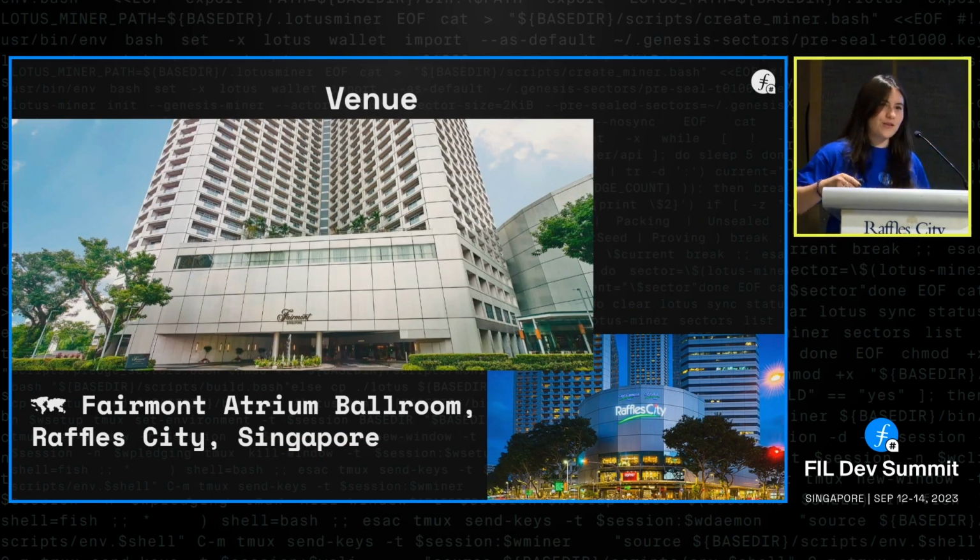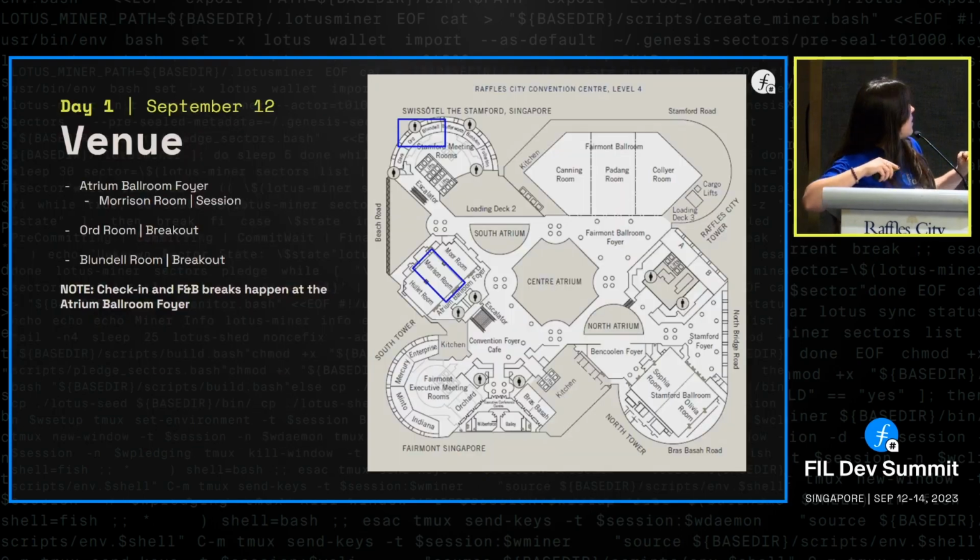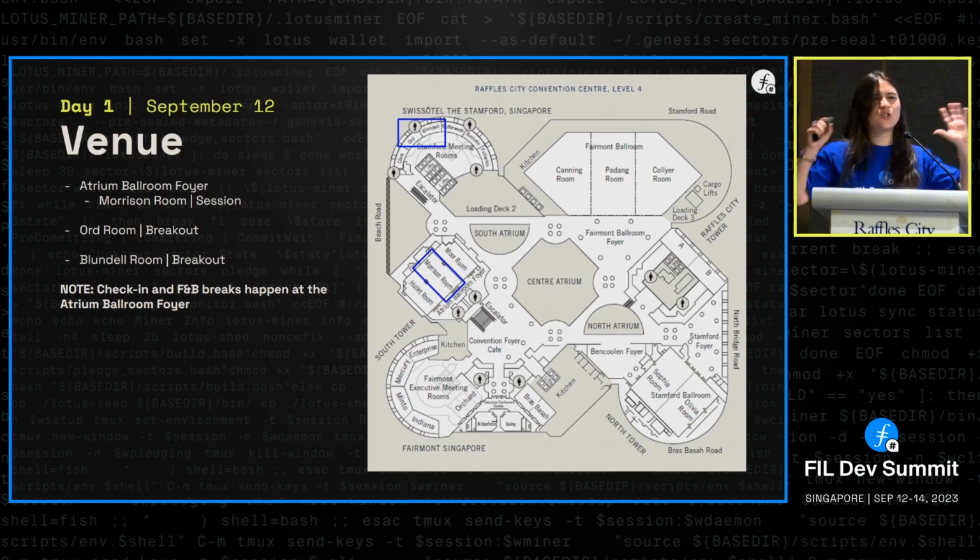The venue, you're already here, you've seen it. There's a lot of places that you can go around. You can also have other private meetings. We have different rooms each day. So check on the Google Calendar where your track is happening. We also have some open rooms that you can also find on the Google Calendar. They are tagged as open meeting space, hacking space, so you can go and have some private meetings over there or hack or do whatever you want, but we also have some spaces where you can just meet.